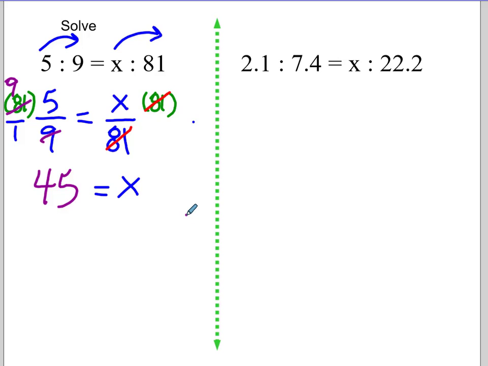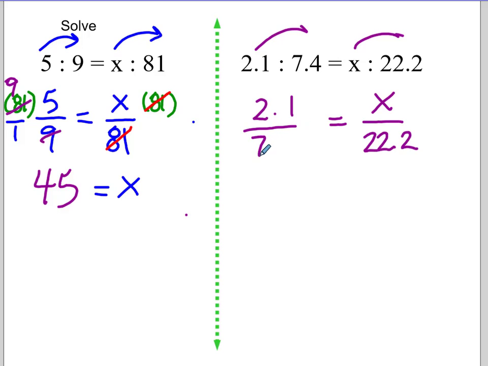Now we can do this with decimals as well. Don't panic. We simply set it up the same way. So I'm going to rotate the x over top of the 22.2. I'm going to rotate the 2.1 over the 7.4, and then I'm going to look at this right-hand side and say, what eliminates or cancels dividing by 22.2? Well, multiplying by 22.2. So if I multiply both sides by 22.2, these guys would cancel, and I would be left